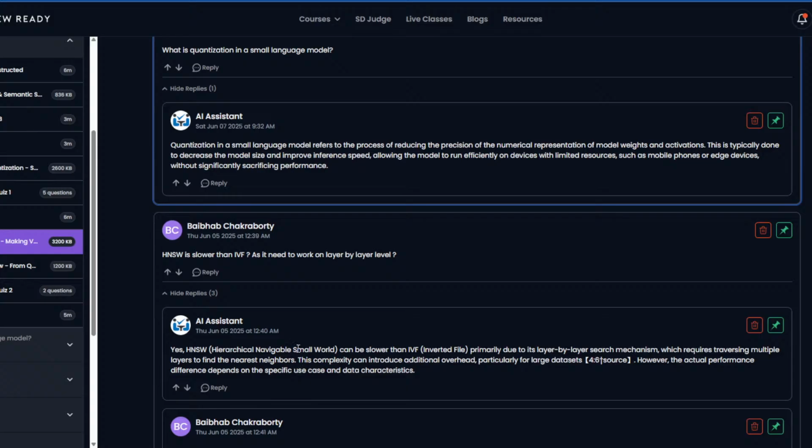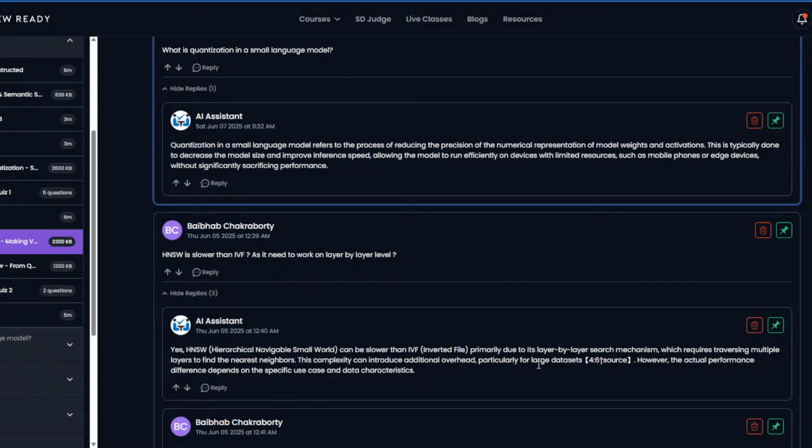Just creating this and managing this in memory is a problem sometimes. This is more of a software engineering thing. This can be pretty heavy to store and create. The complexity can introduce additional overhead. Okay, so I would say that if you're doing a time complexity analysis, you'll see no difference. HNSW is log n if you have n vectors, and IVF again. I'm sorry, IFI should be probably what I do. Inverted file. Oh, they call it IVF. I think the creators of this have something in their head, and they've passed it on to me.